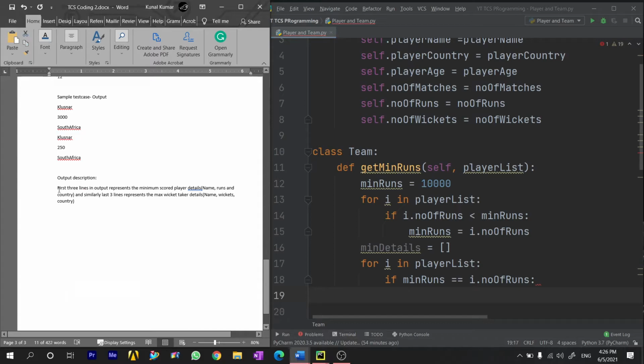The output description says that the first three lines of the output represent the minimum scored player details, that is name, runs and country. So we need the name, runs and country.